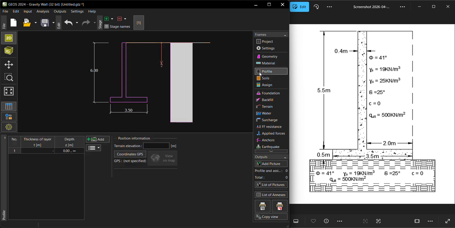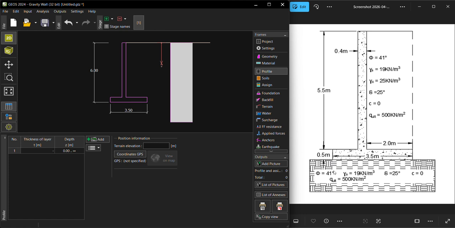So now we head over to the profile section. The profile section helps us to give a profile to our drawing. In our drawing, we have two profiles, where the first profile starts from 0, which is on top of the retaining wall, to the base of the retaining wall, and the second profile starts from the base of the retaining wall going downwards. So now the first profile has a depth or a thickness of 5.5 plus 0.5, making 6, and the second profile has not been dimensioned in our question, but we can equally suggest or assume a